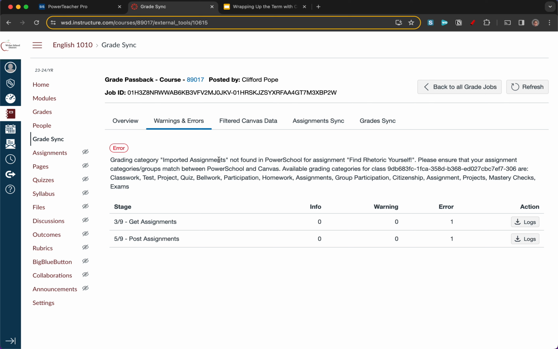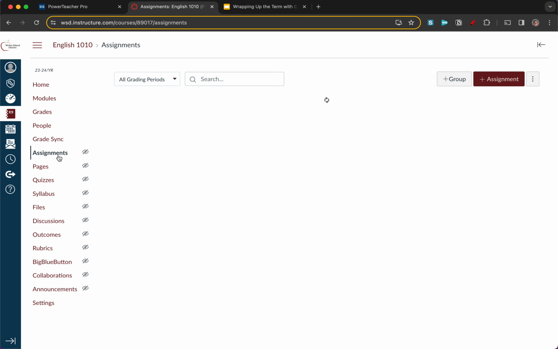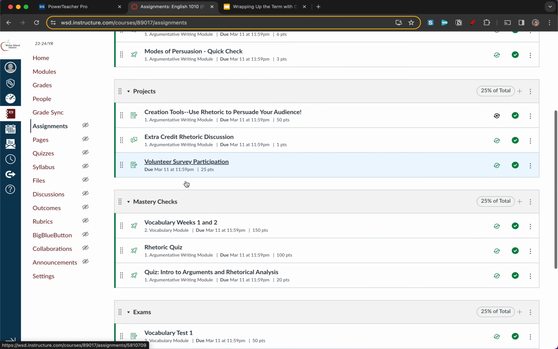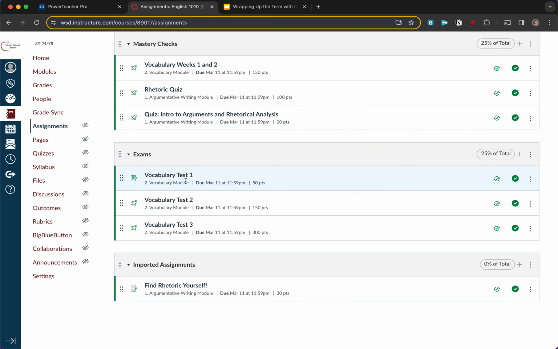This is likely because I found something from the Commons, or maybe it was from one of my other Canvas courses that I copied into this one. The imported assignments category comes up all the time. Here's your fast place to check that. If I go to the assignments page and I scroll down, I can see, oh, hey, there is an imported assignments tab. Now I can either drag this up into the appropriate category by clicking these dots over here,